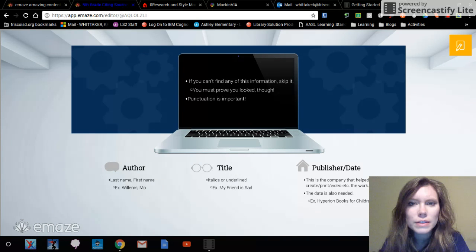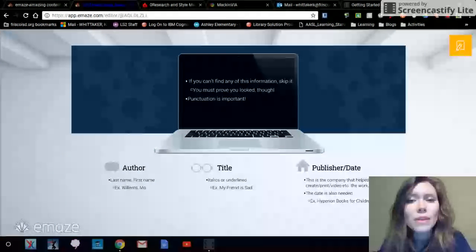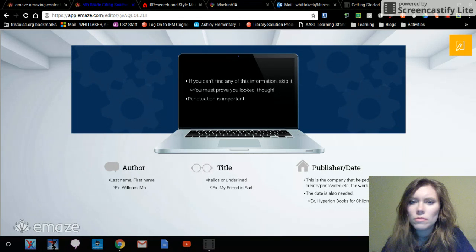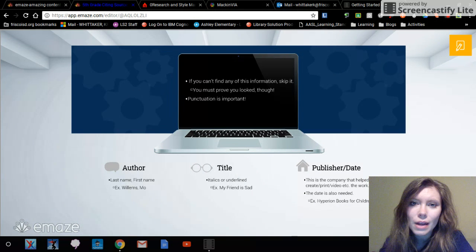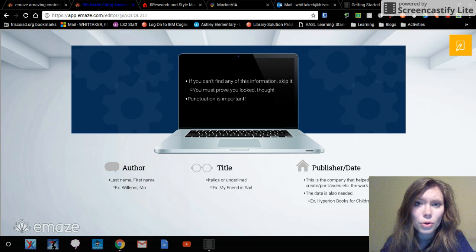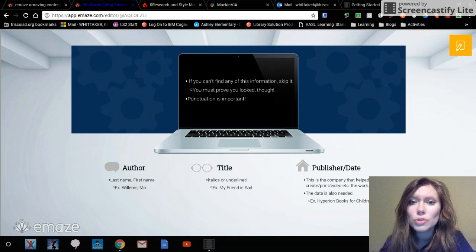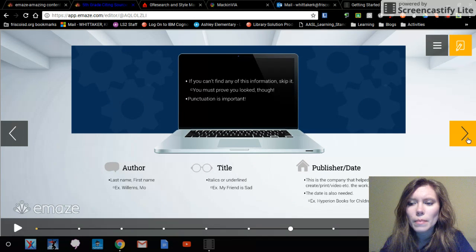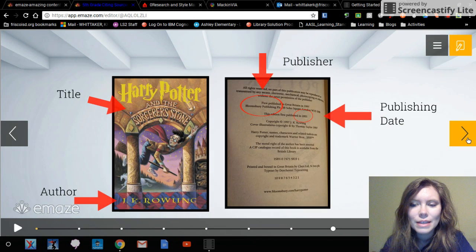Now, a couple tips. If you can't find this information and you've looked as hard as you possibly can, don't panic. You're allowed to just skip it. Now, you can't just skip it if you haven't looked for it. All right? If you just think finding the publishing date is too hard and you never want to put it on there, it's not allowed. I promise. Okay? Your job is to always include information that is on the book, article, or database. Right? If I can find it, you can find it. So make sure that you look very carefully. All right? On to the next.